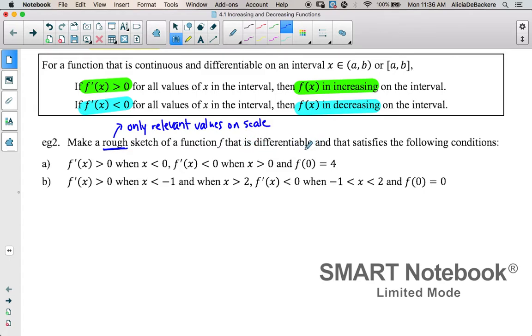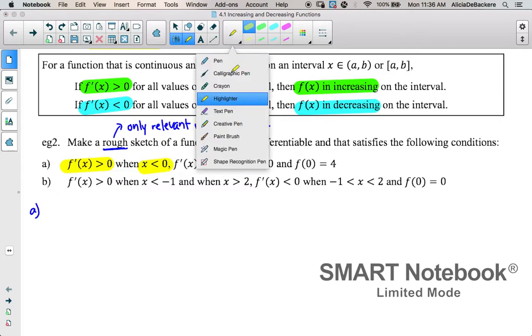We know it's differentiable. They're telling me that. And it's going to satisfy the following conditions. So we're going to do this twice, 2 different graphs. In graph A, what I know is that the derivative is positive. I'll use a different color highlighter because we just used that one. So the derivative value is positive when the x values are negative. So that tells me that,